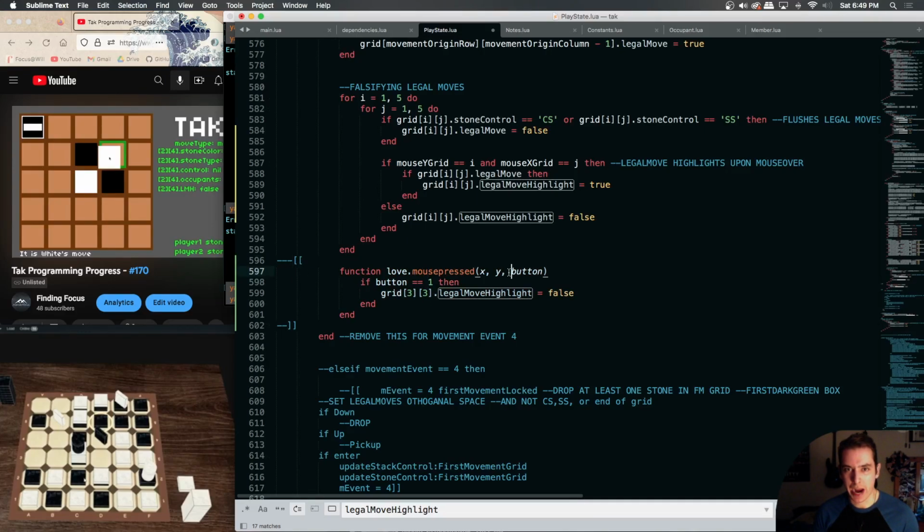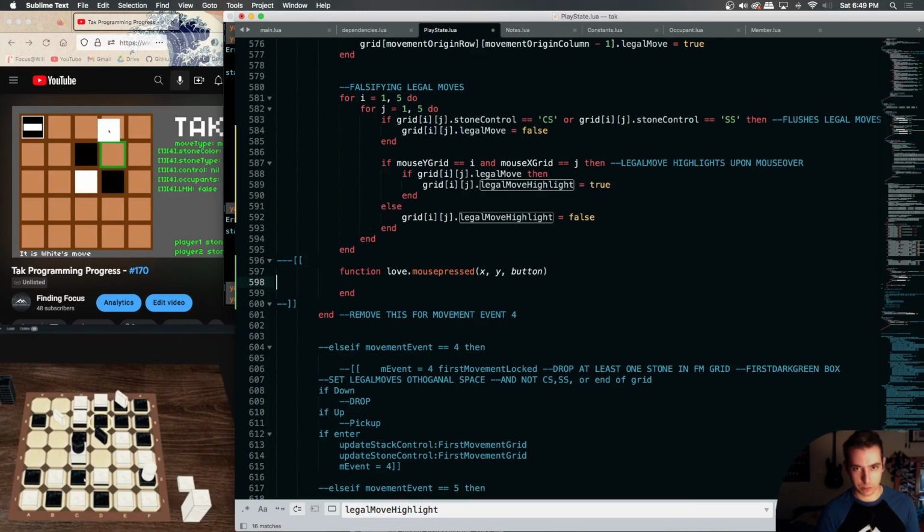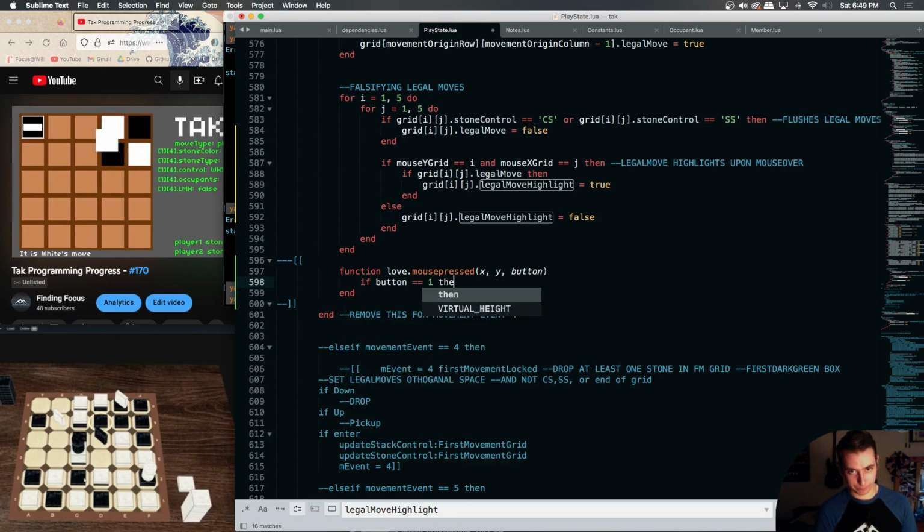And the thing we're trying to do is detect a click on a grid with a legal move. So if the mouse button is pressed and the grid we're on, we need to do a nested for loop here. So if button is 1,